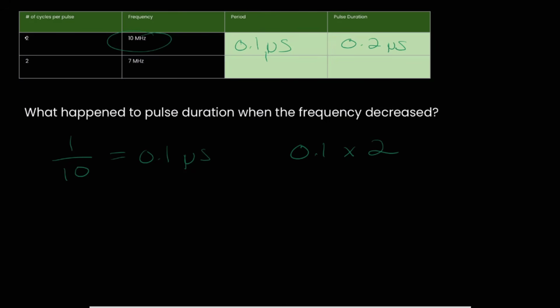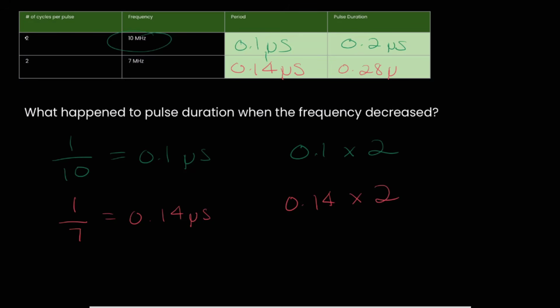We now have 7 megahertz. We'll move the 7 into the denominator position. 1 divided by 7 equals 0.14 microseconds. So the period for a 7 megahertz wave is going to be 0.14 microseconds. We will take that 0.14, multiply it again by the number of cycles in our pulse or the chart. It is 2. 2 times 0.14 equals